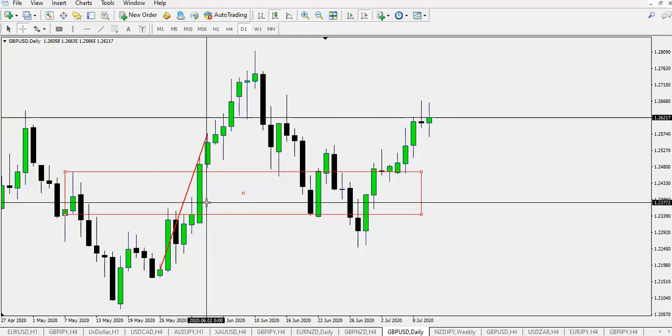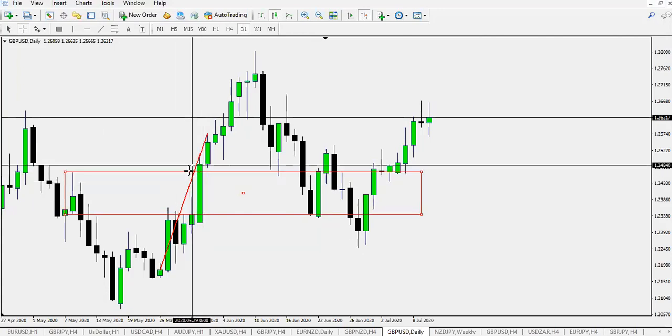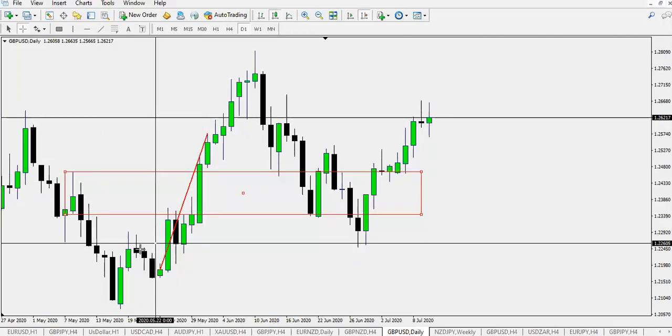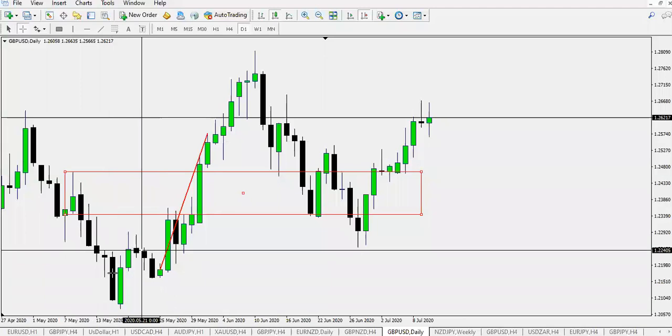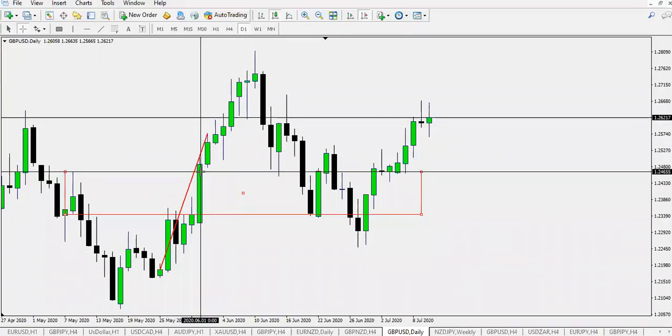So these moves happen slower, but you can see once price closed above here, although there was a move continuously from this downside over here, price continued to rally for at least 350 pips. Okay, so when price comes back into this zone over here, and obviously we also know that we mark up